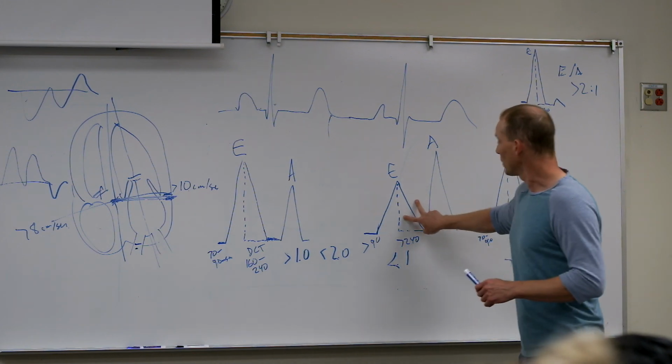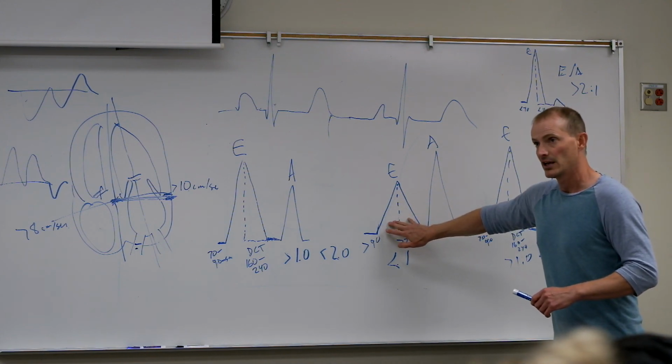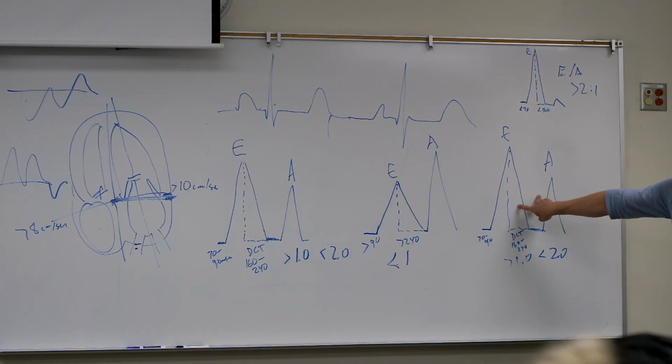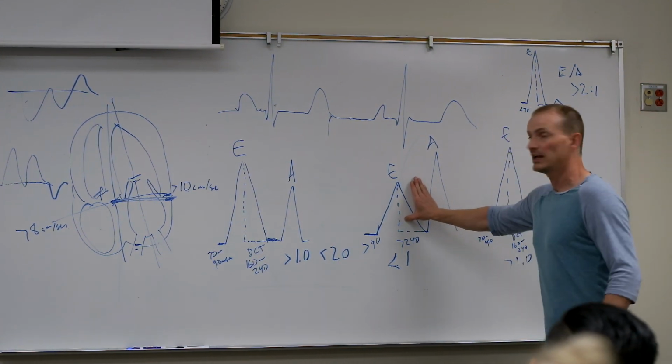So what we see is when we go from here, normal left atrial pressures, and we start filling it, this is going to get higher and higher and higher compared to this until we go to a pseudonormal pattern. So ideally, if we see this happening here, and we have a relaxation